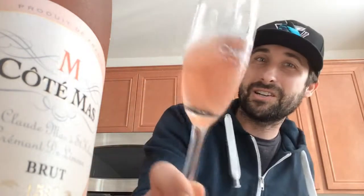With rosés, they're going to vary, but this is a beautiful pinkish, orangish salmon red. On the nose, I'm getting an orange zest, a little cranberry, a little raspberry. Along with that orange zest, I am getting some more citrus, like lemon and lime notes. Nice little sparkly minerality as well. And then on the palate,